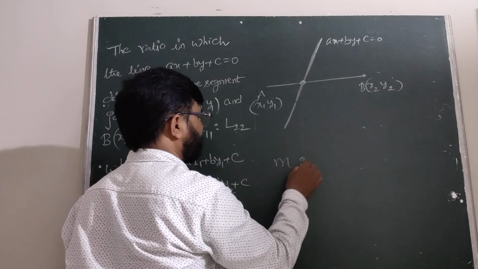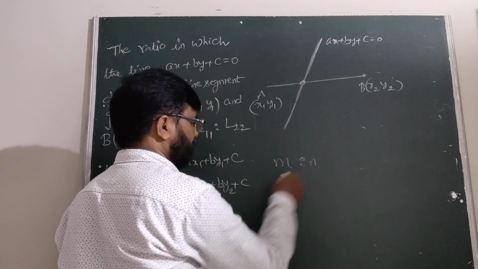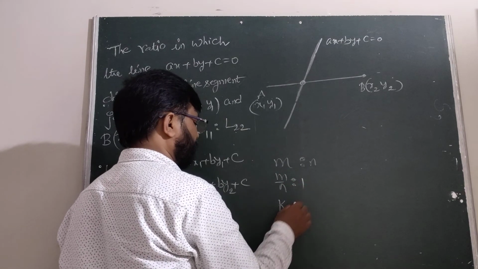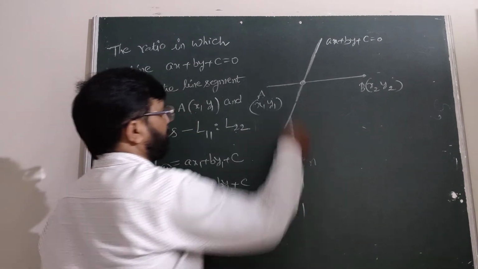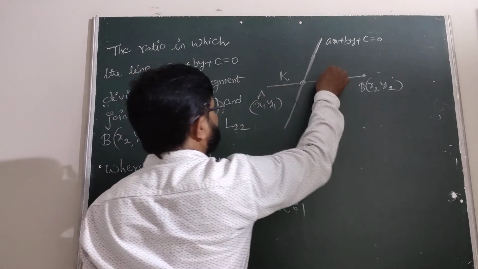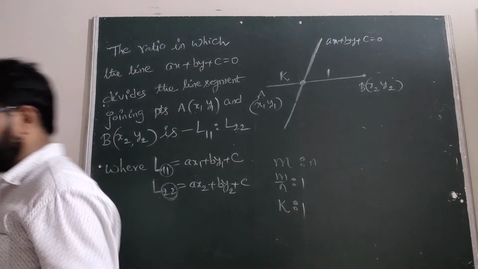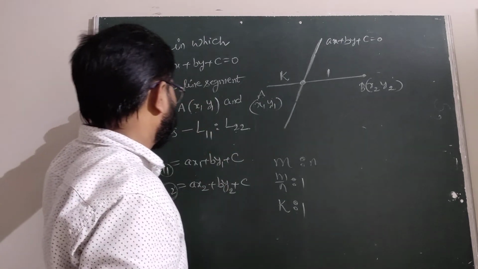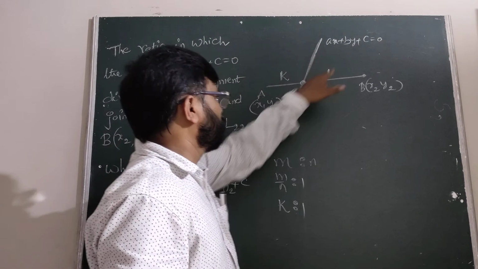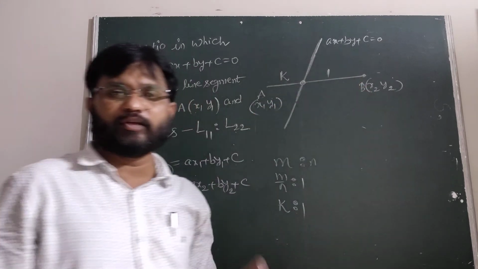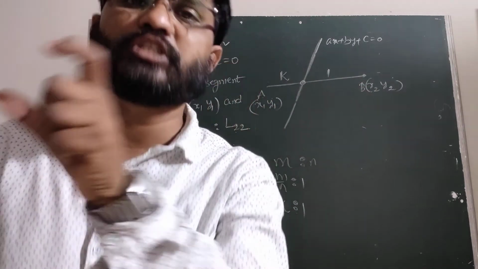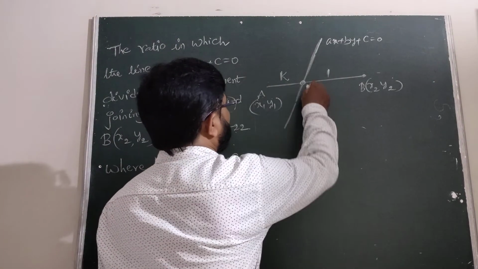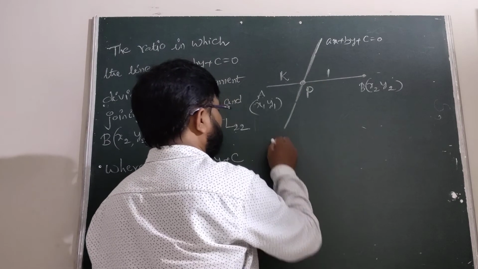Now we have to take the ratio m is to n. Dividing by n, we get m by n is to 1, which can be taken as some constant, k is to 1. Now we only have to find k. The ratio in which the line divides the line joining A and B, we take as k is to 1. Therefore, by using the section formula,